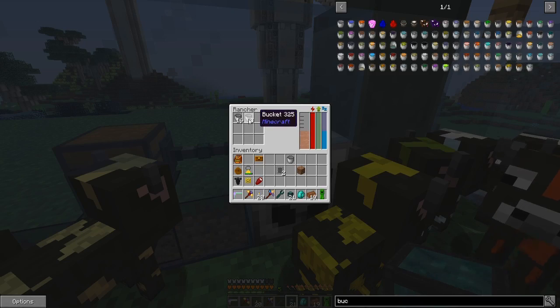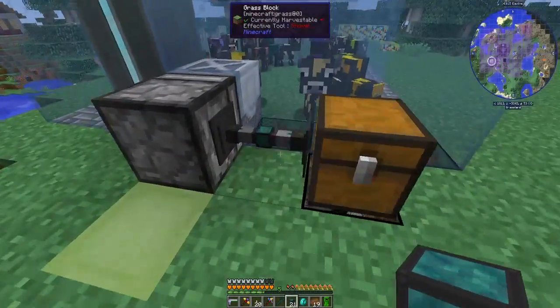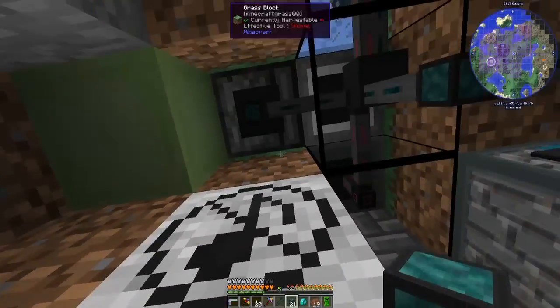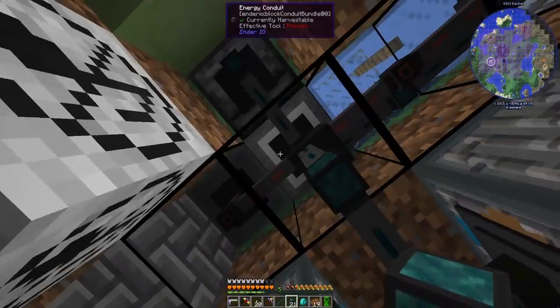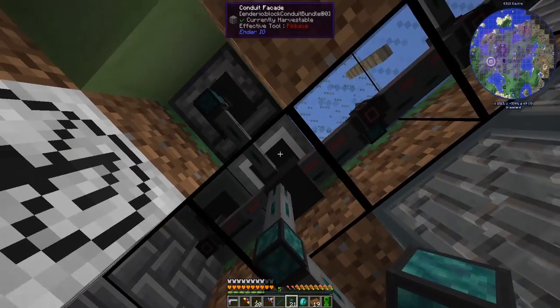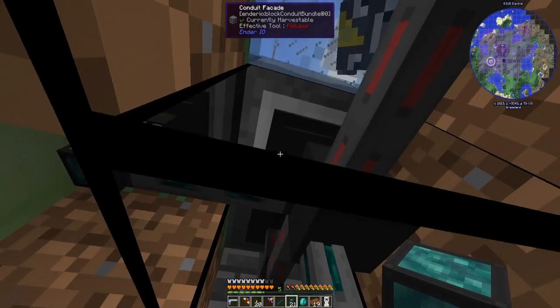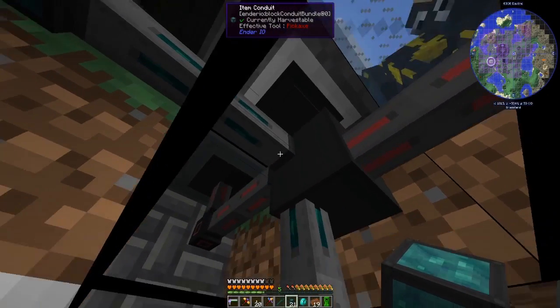They are. Okay. That was kind of freaking me out for a second. Alright. So does that mean I've got... Alright, so I actually don't need any item conduit underneath the rancher. And I don't know if I'm going to be able to...